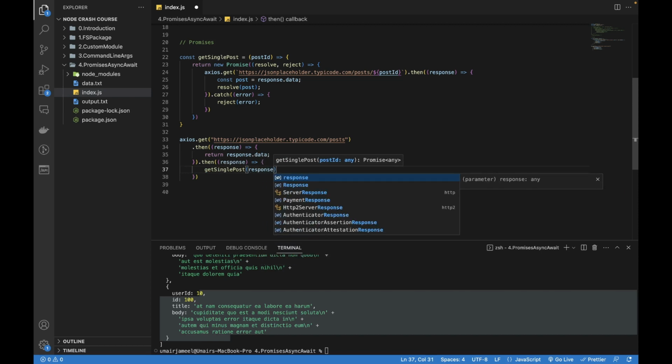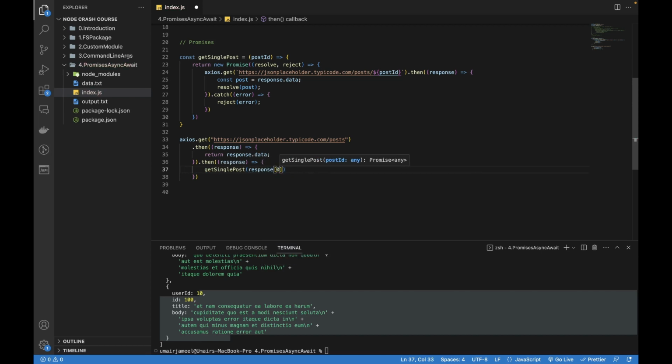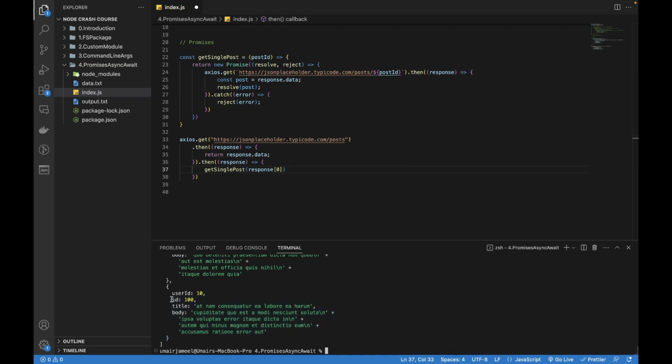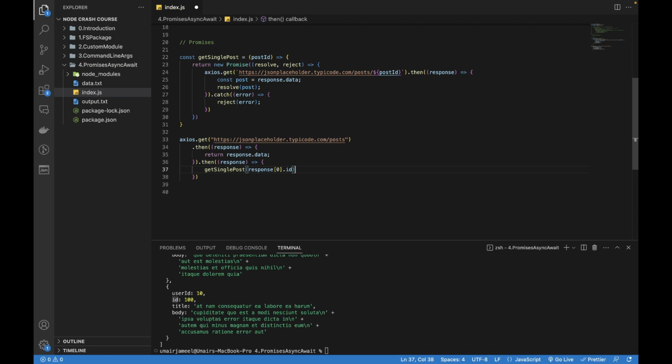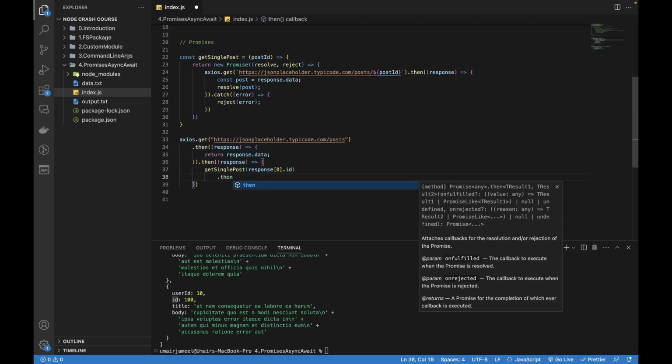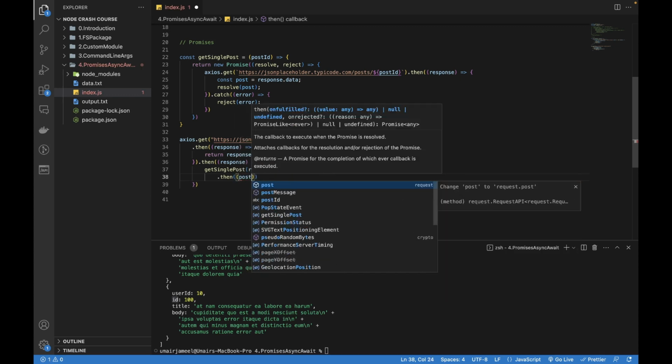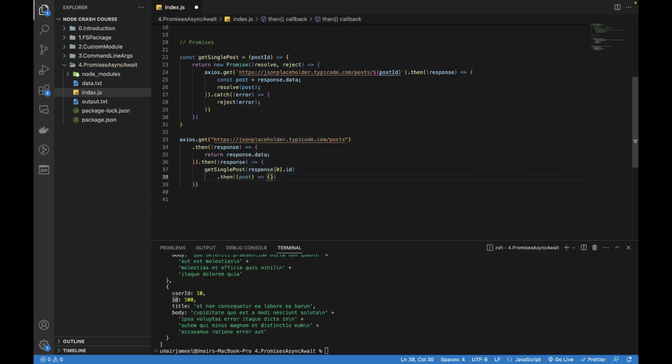So response 0, you can see that it comes with the key ID, so I can pass the ID inside it, and I can have a nested then function inside it. So here I can have dot then, and it is going to give me the post,